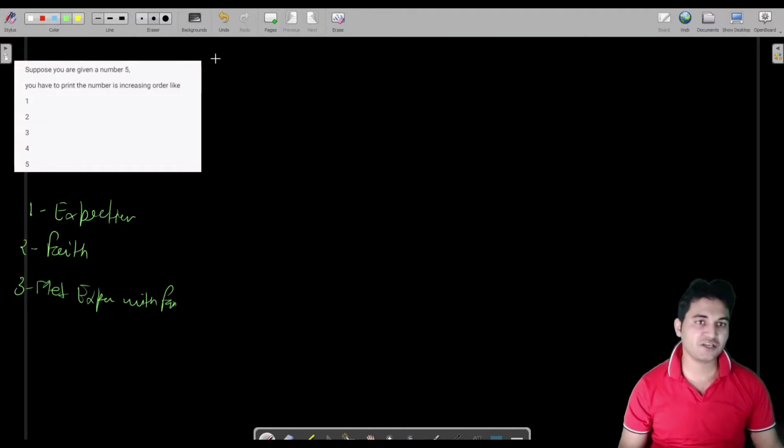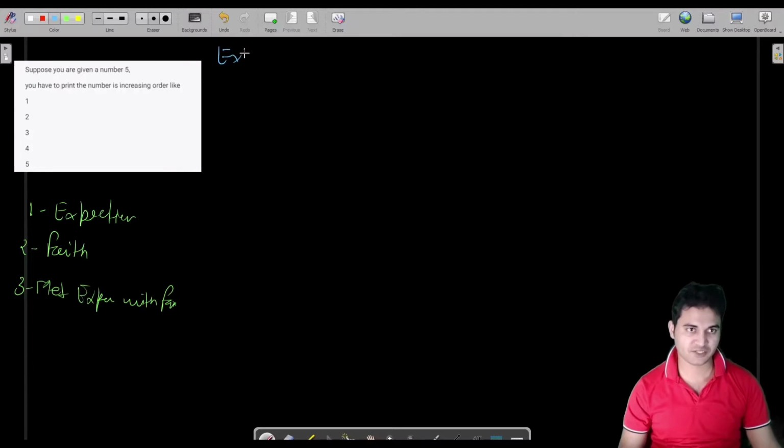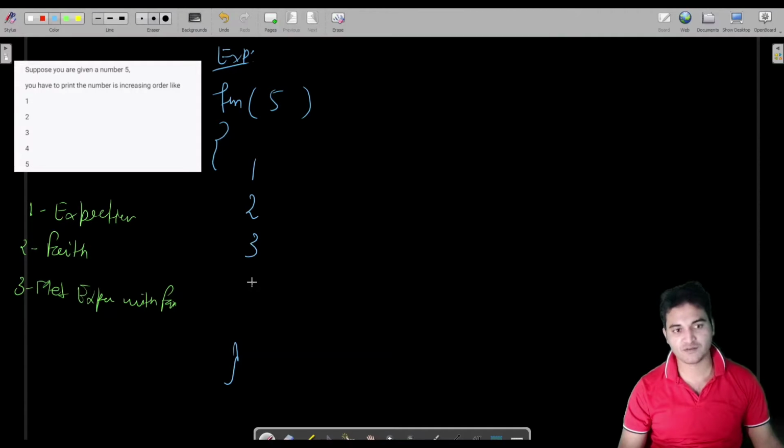So let us try to look at the expectation initially. What is the expectation? If we have been provided a number to a function called fun, and you have been provided 5, then this is the expectation from you, that your program should print like this: 1, 2, 3, 4, 5.